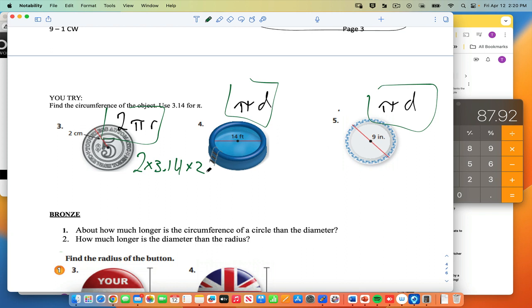I thought it would be 2 times 3.14. Why do you have to multiply it by 2 for the radius? Again, you did 2 times the pi, but then 2 pi r was the equation, so you missed out on the radius portion. Oh. If you only do 2 times